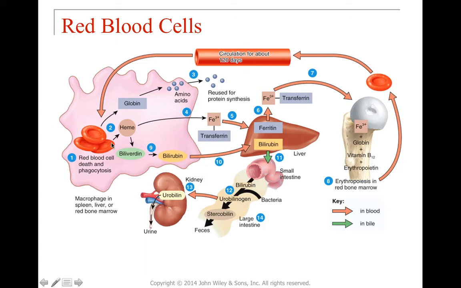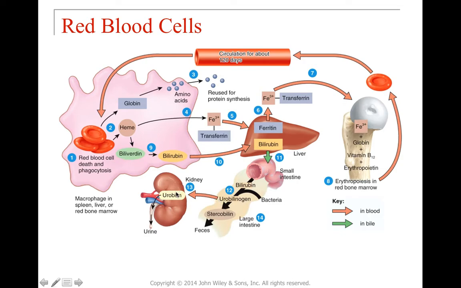So this last one here is what happens to the biliverdin. It gets turned into bilirubin, which then ends up in the liver. It's eventually going to get secreted out of the liver and end up in the small intestines. While it's in the small intestines, bacteria are going to convert it into something called urobilinogen,